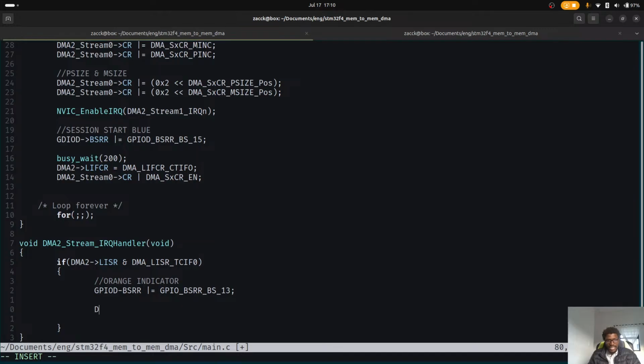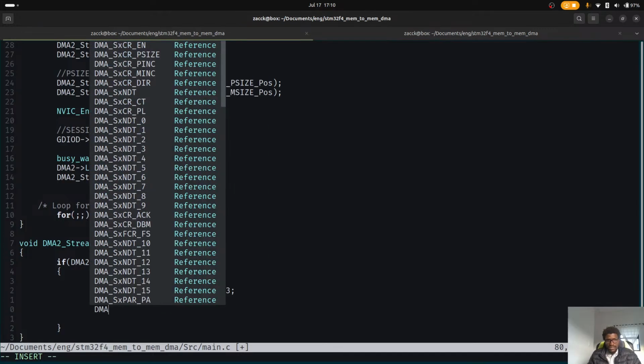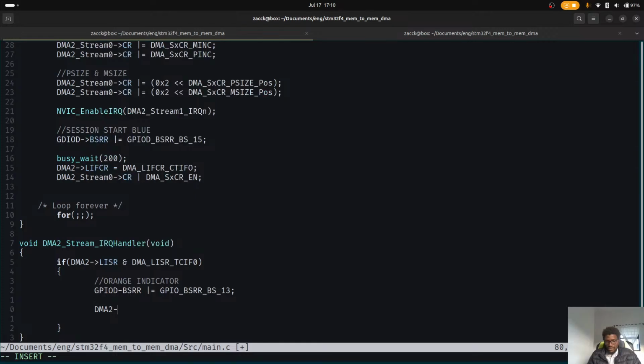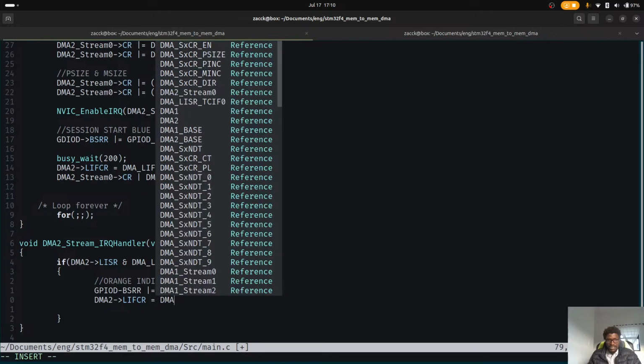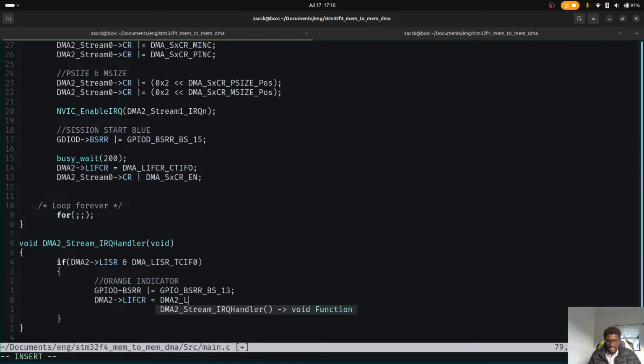What I want to do in here is just make sure that DMA2, let's just make sure that the transaction is complete, and I want to clear it. Leave CR,